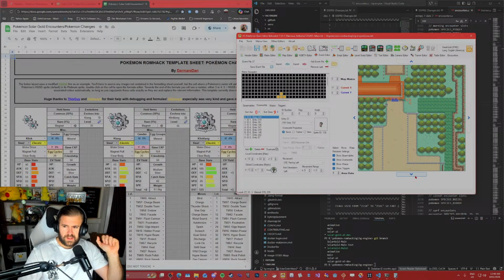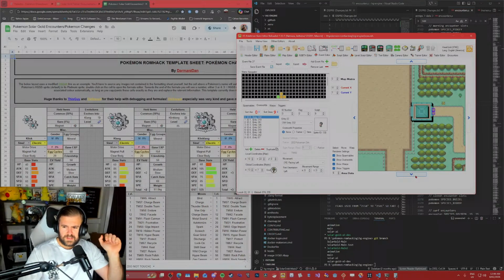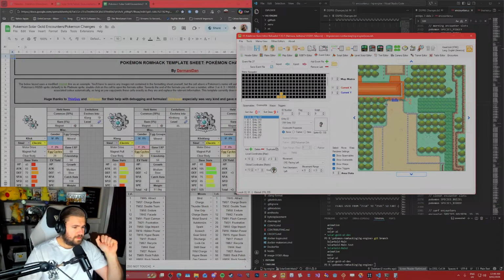The only thing I could do is an alias, I suppose. Yeah, you only use remove overworld if you're on the same header.